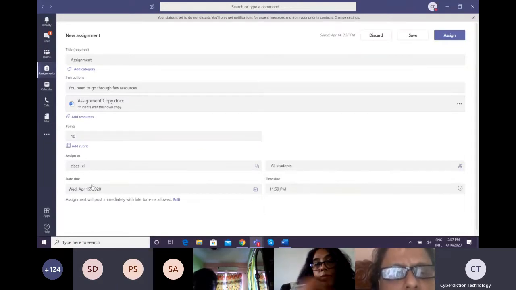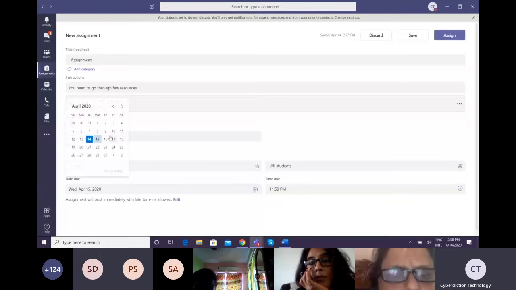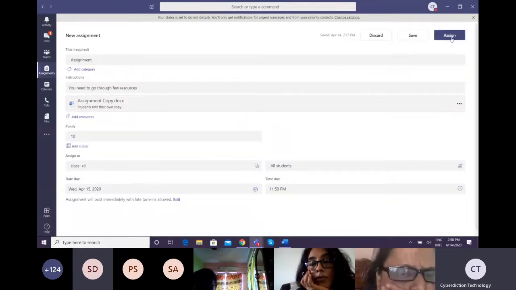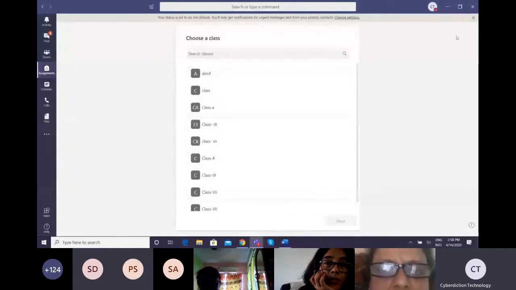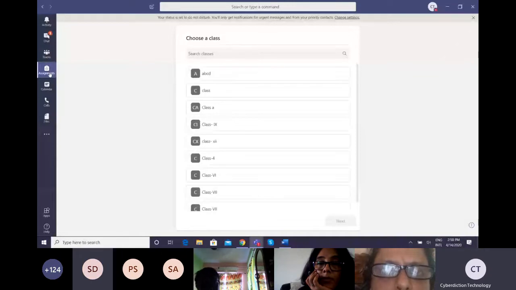Then the due date, by when they have to complete and submit, you can assign very well from here, from the calendar, and then click on the assign button. Once you have assigned this assignment to the students, you go back to that particular assignment option.